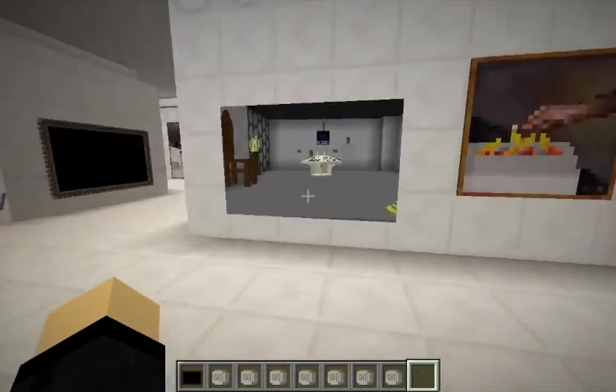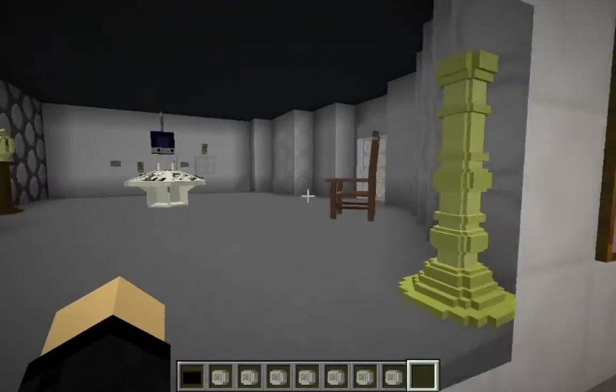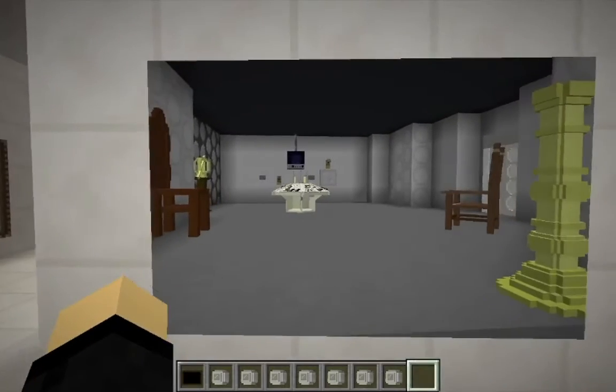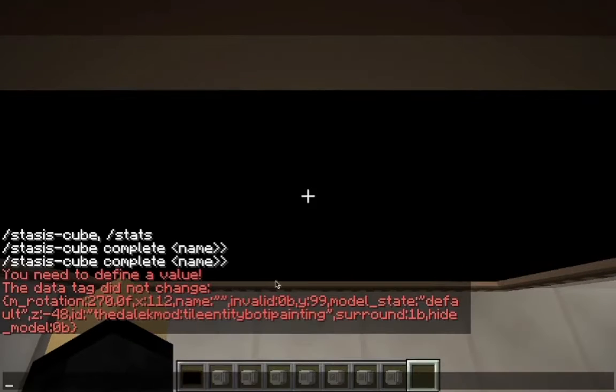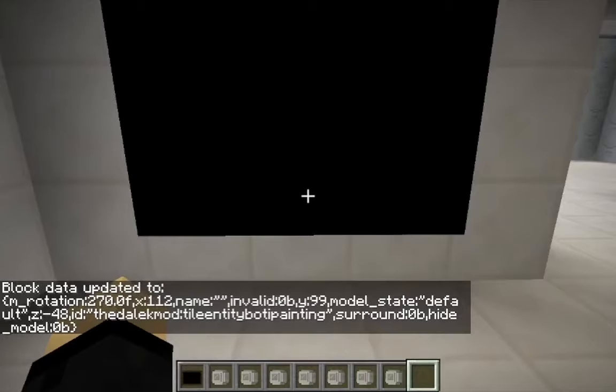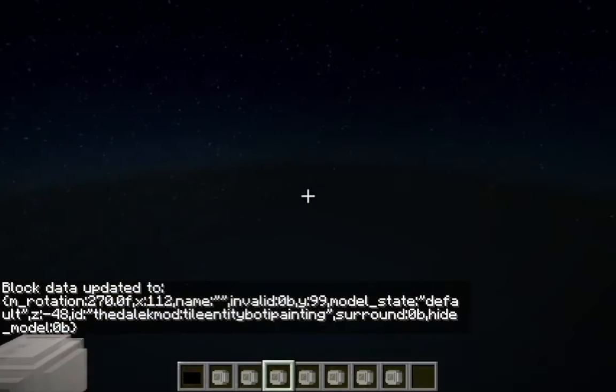So if we go over here, we'll notice that we have this flat painting on the edge of the wall. And this is a much better picture of the second Doctor's TARDIS that I managed to grab. How this can be done is if we go into the block data command and run that, we can look at the NBT values for the paintings. And one of these is called surround. So if I use surround and change that from a 1 to a 0, it will actually get rid of the borders for the painting. And once we apply a stasis cube to that,